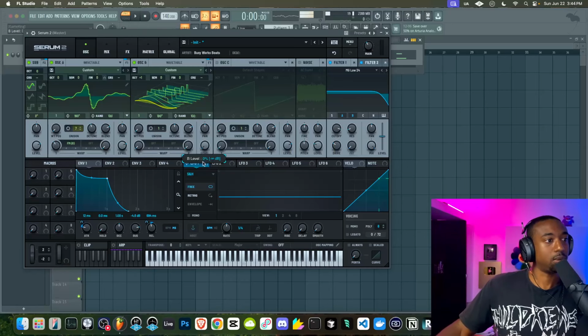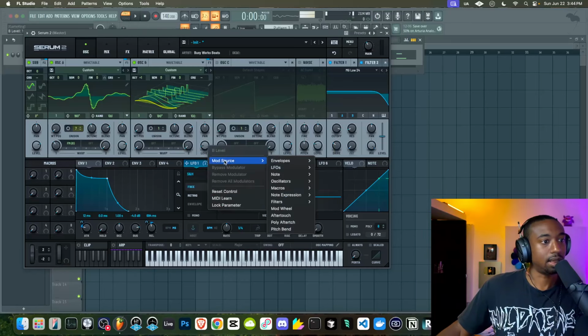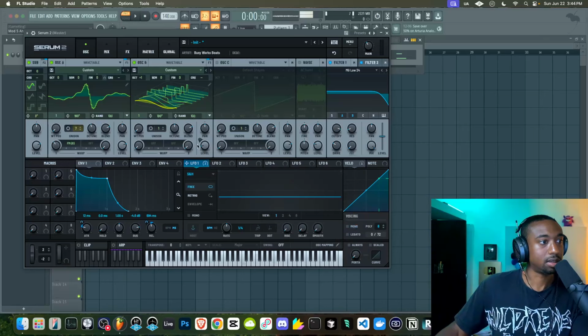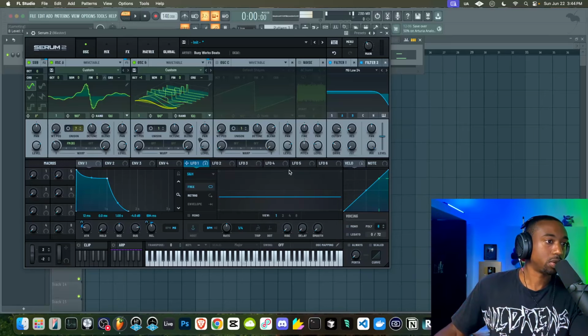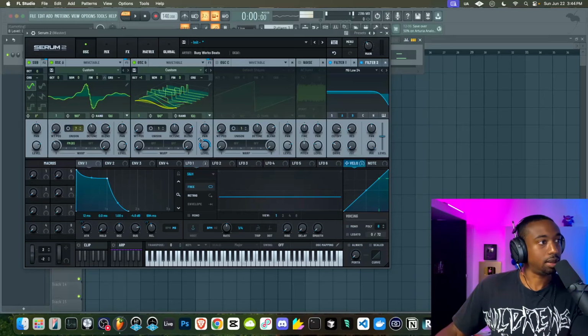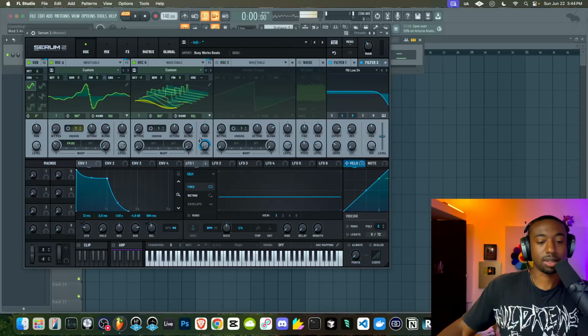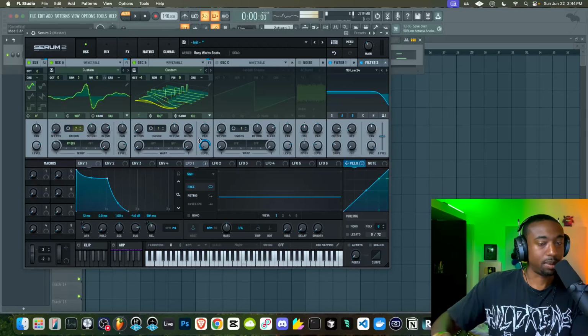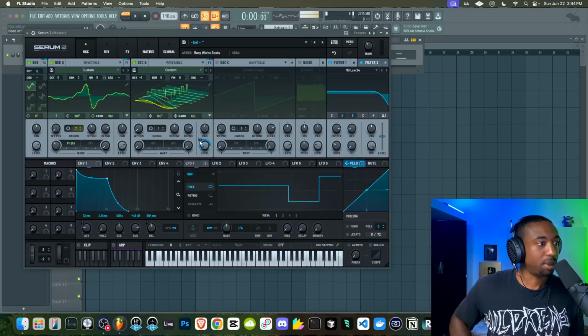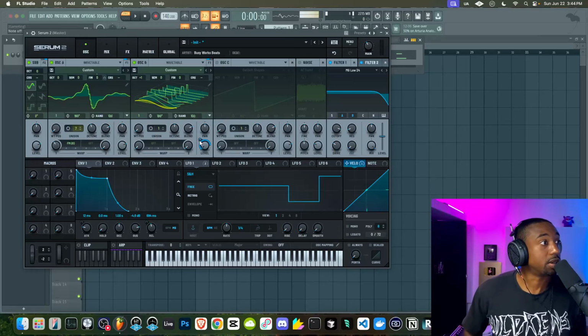So let's say you want this to sound more expressive. We could set this level to trigger via the velocity. So depending on how hard I hit the key, it will trigger the oscillator B. Now this will be more expressive if I played it by hand. So let me plug up my MIDI controller. Okay, now I got the MIDI controller plugged up. It's a little bit easier to demonstrate sound.